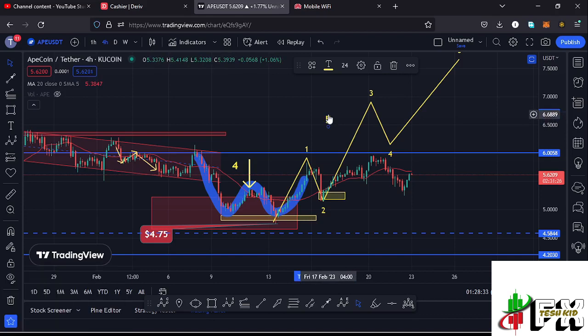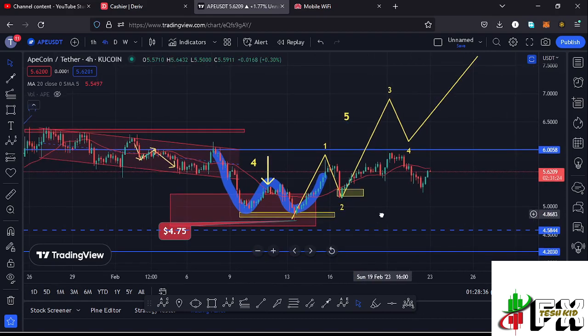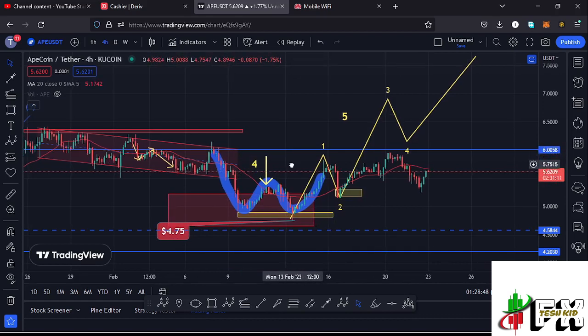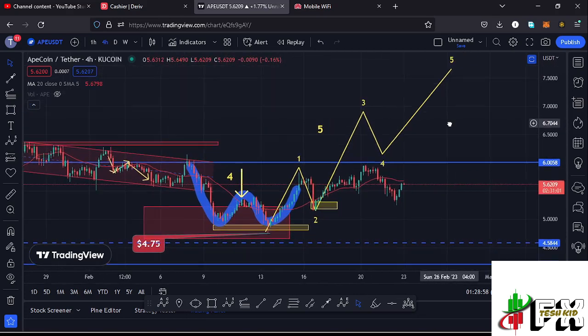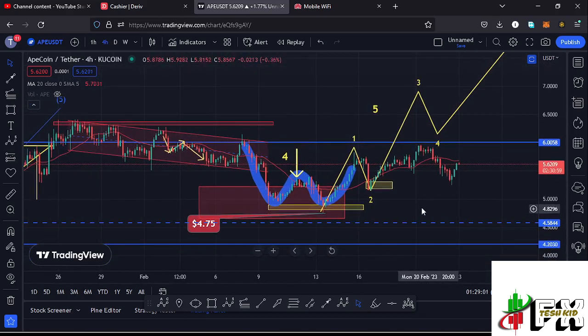allow me to continue with the video here on the 4-hour chart by first giving you the short-term scenarios that I'm expecting to play out, where you can see that after making our low at around the $4.75 mark and also completing the formation of that higher Elliott wave count 4 to the lower side, we expected the start of a massive bounce to the upside in the formation of this wave 5, which is an impulsive wave, and because of its impulsive nature we also expected to see a 5-wave structure in formation within that wave 5, and I believe we are seeing such a scenario over here, having the first wave of the fractal wave making its peak at around the $5.85 mark,